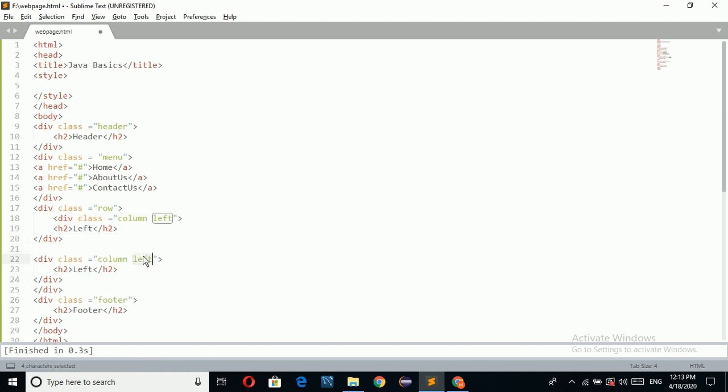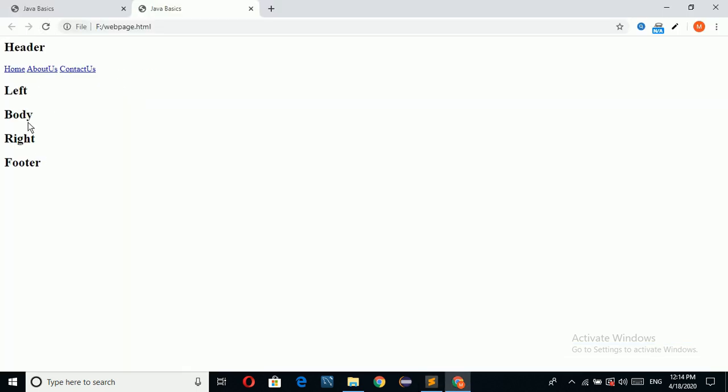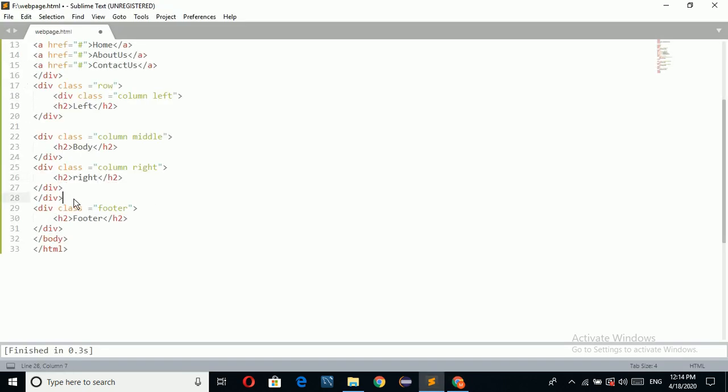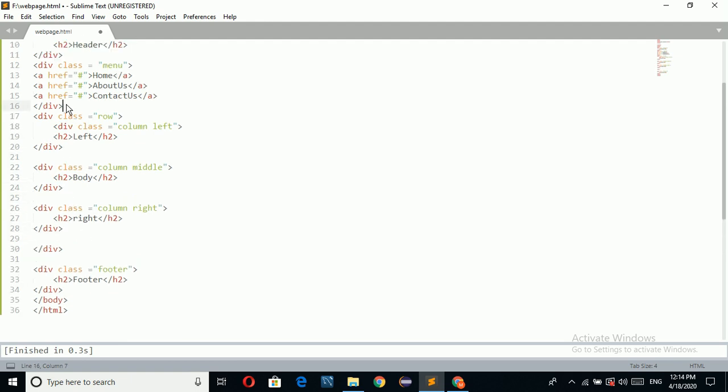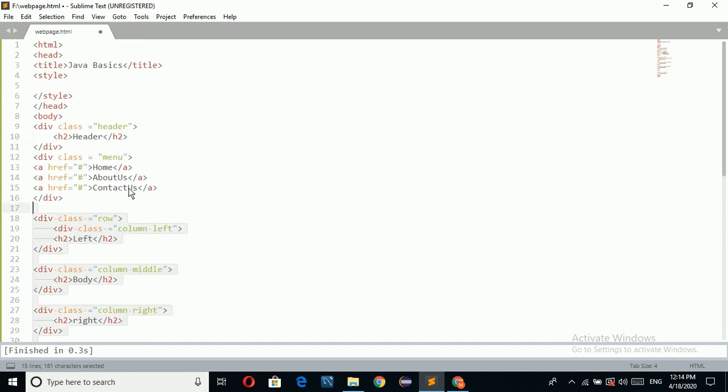Now I'm going to take the middle, changing the heading to body. Now I'm going to take right, this is the navigation. So the right navigation is also created. Now I'm going to see. So here left navigation is created, body is created, right navigation is created. This is the closing tag of row.